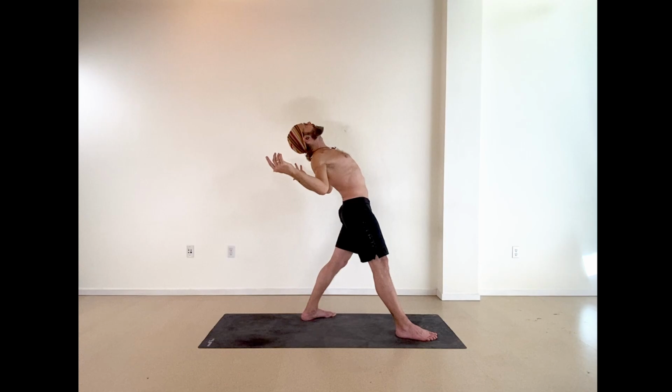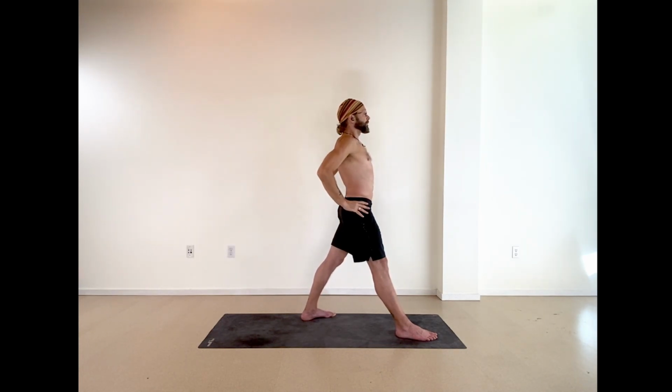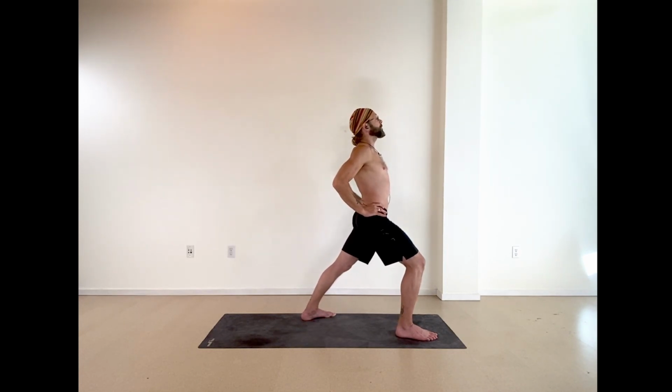Keep breathing here. Pull the shoulder blades toward each other. Keep your left hip pulling forward, the right hip pulling back, and keep breathing. Now with your next inhale, just come back to vertical, reach straight up. And then with the exhale, bring your hands down to your hips. Now draw your shoulders back, keep your chest open, put a deep bend in your right knee, and then hinge